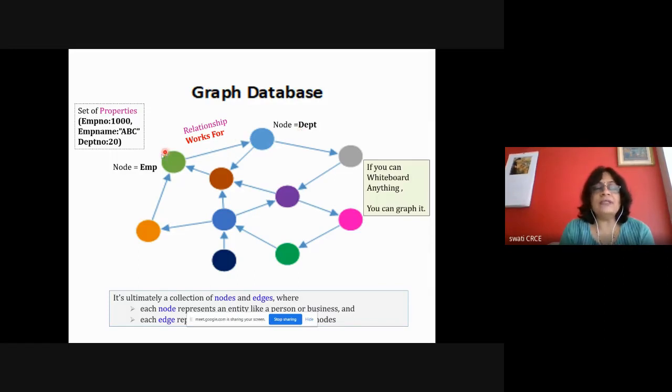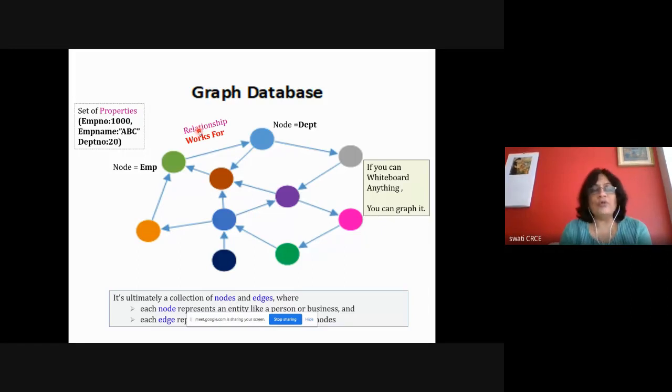Then in RDBMS you may have an employee table and a department table, and the relationship between these two tables is the works for relationship. Employee works for this particular department. So in the case of graph oriented databases, the node represents the row, and every node has some properties, and every edge represents the relationship between the two nodes.